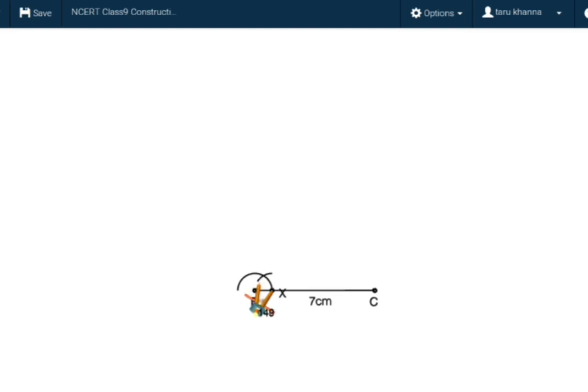It is always advisable to check your constructions with protractor also after constructing it. So once you have constructed the 75 degree angle with compass, you are advised to please check it with the protractor also that the construction that you have done is correct or not. So for 75 degree, as you can see, we are constructing 90 degree angle first, and after constructing the 90 degree angle,